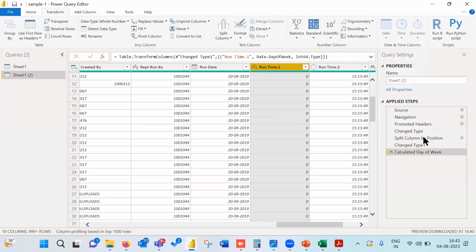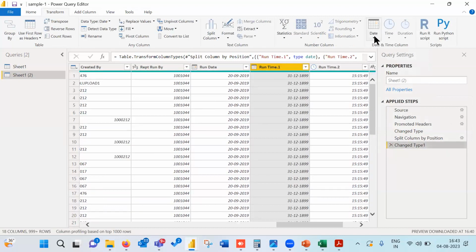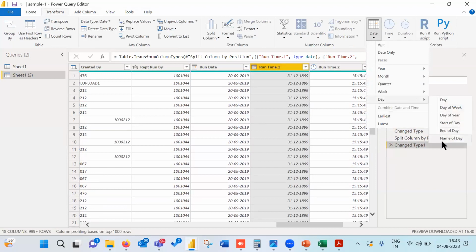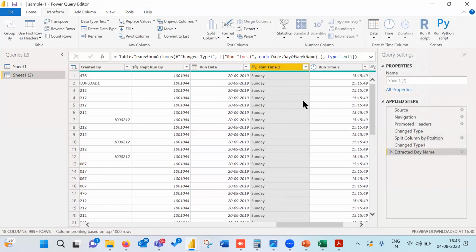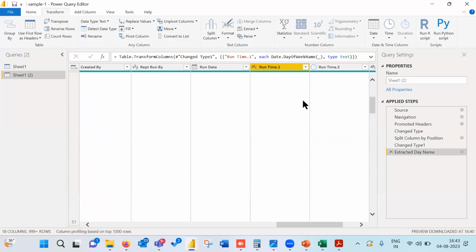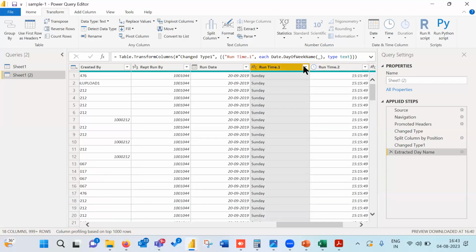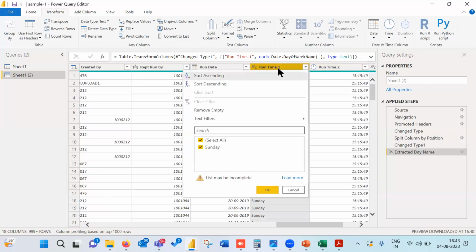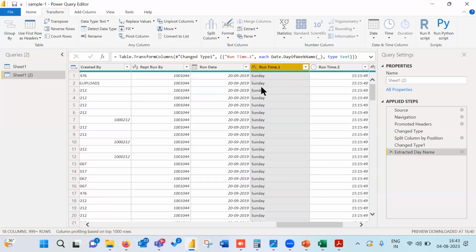Wait, I have to put name of the day. 0, 1, 2, 3 means Sunday, Monday, Tuesday. If I use the name of day function, it will come as Monday, Tuesday, Wednesday itself. Okay, Sunday, Monday, Tuesday, like that. So now, what happened? The date changed itself into the name of the day, right?